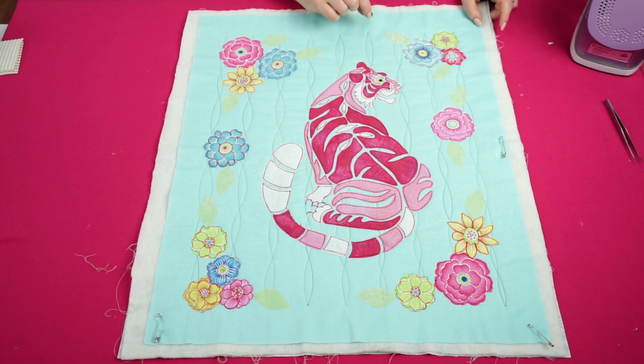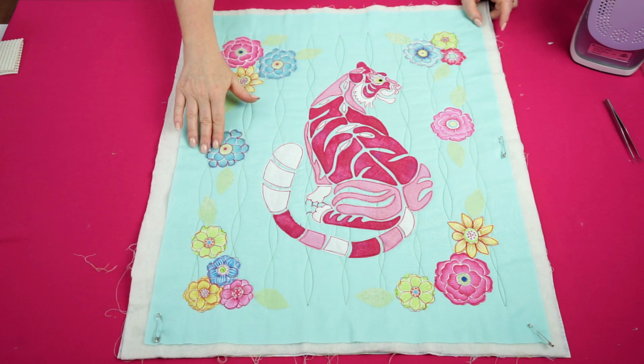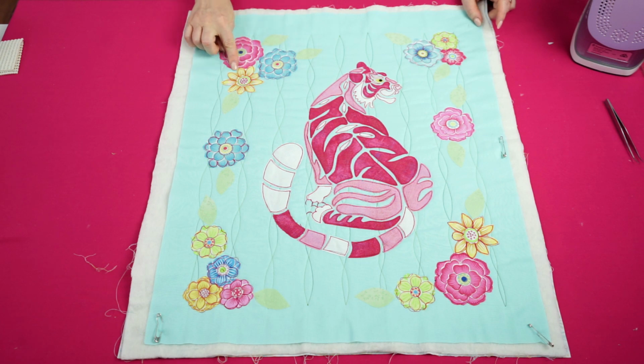I'll just have my normal foot on and I'm just going to straight stitch around just with a really small stitch length. I've started having a little bit of fun with the cutout flowers, and I'll head to the machine now and I'll show you how I'm going to sew one of the flowers here. And then I added some leaves. I just thought it needed just a little bit more to the design, and so I'll show you how I